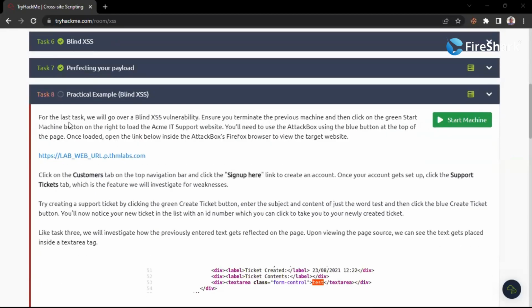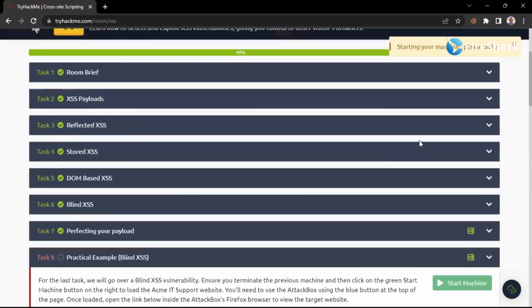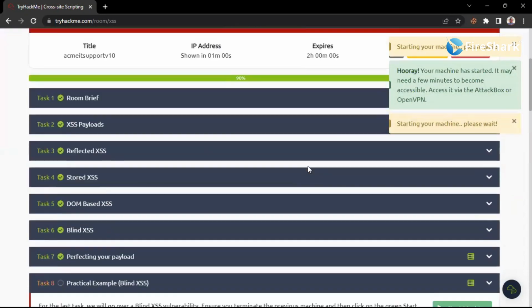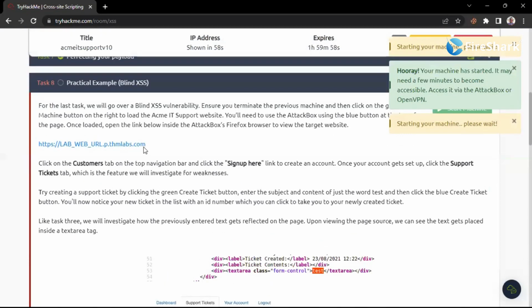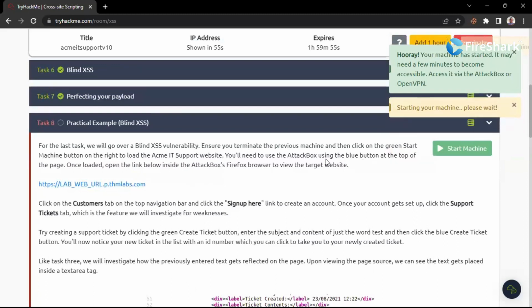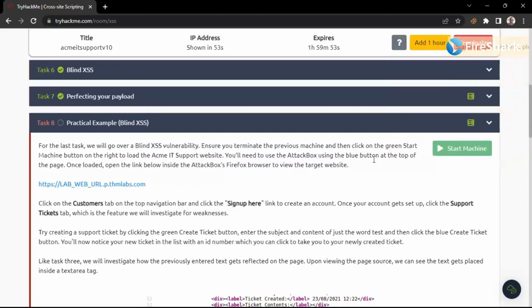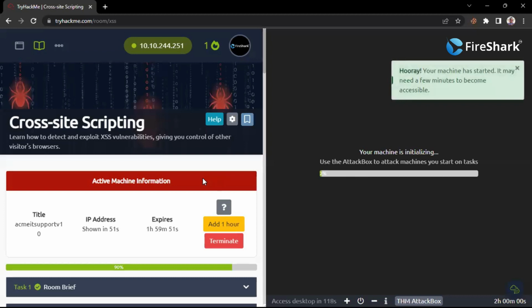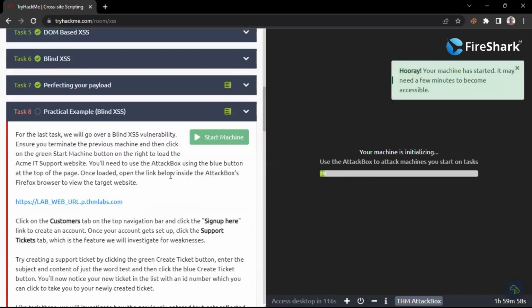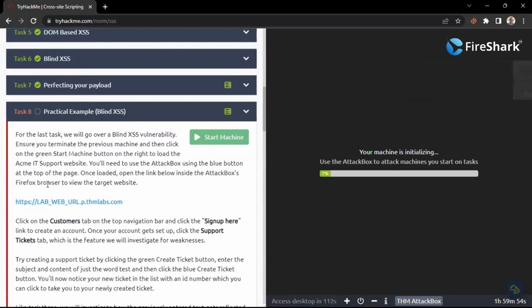Okay, great. So here in the practical steps, for the last task, we will go over our blind XSS vulnerability. I will first of all start this machine and then the attack box. Once loaded, open the link below inside the attack box Firefox browser